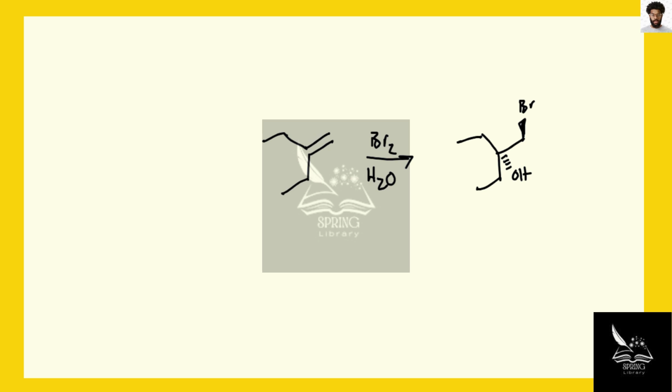Notice that there, in fact, are no stereocenters in this molecule, right? This carbon has two ethyl groups off of it, and so it doesn't have four unique substituents. And this carbon has two hydrogens coming off of it, which means there are no stereocenters on that carbon. So, in fact, this product is simply drawn not with wedges and dashes,